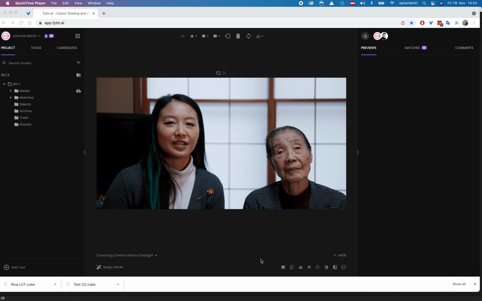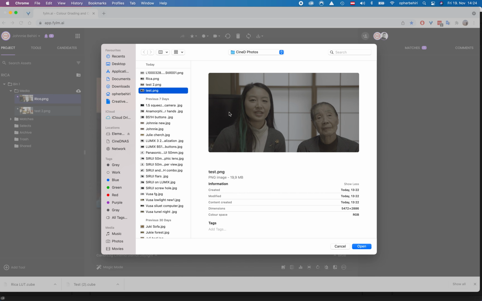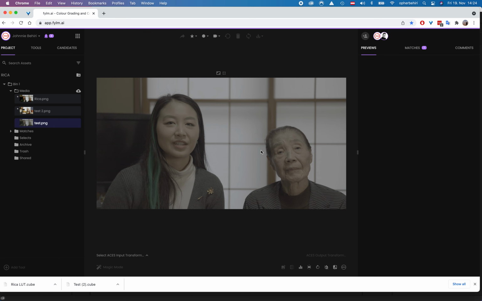And there's a second way to create a LUT, and this is also very interesting. Let me just upload a new fresh image of the same thing just for us to play with. Here it is. That's Rika and her grandmother. It's right here. So this is again the flat picture profile from Canon, and I now want to deploy the AI in order to take the look from a different movie and actually apply it on Rika and her grandmother. I'm not doing a really one-on-one match. This is just to show the possibility.